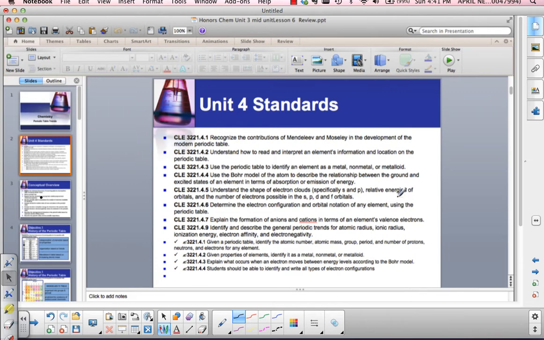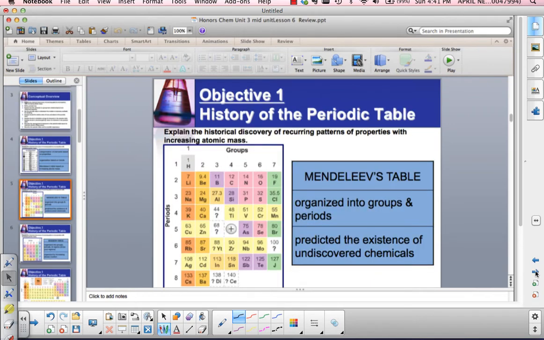We're going to be making sure that we understand how to use this valuable resource. And we're also going to make sure that we understand how to make some electron configurations down the line, as well as learn the different trends in the periodic table. So let's get started. Objective one is to definitely understand about Mendeleev because he is the father of the